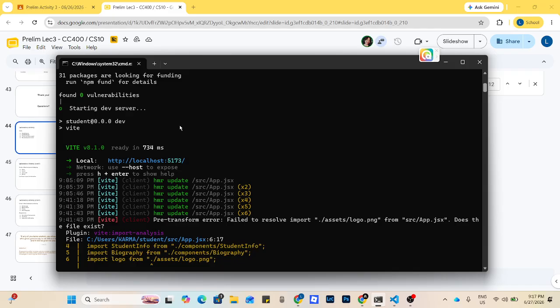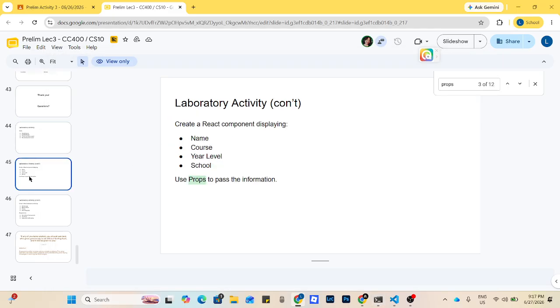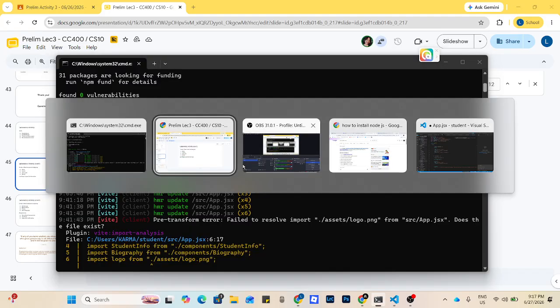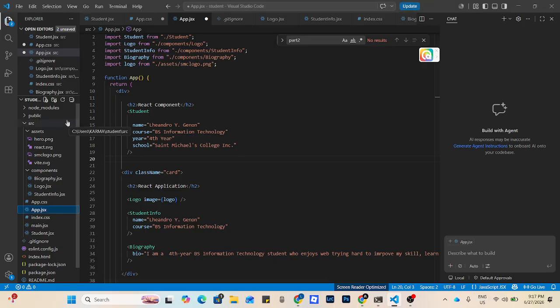So after all the setup, I do the first activity, which is to create a component displaying name, course, year level, and school, and it should use props to pass information. So here in my VS Code,